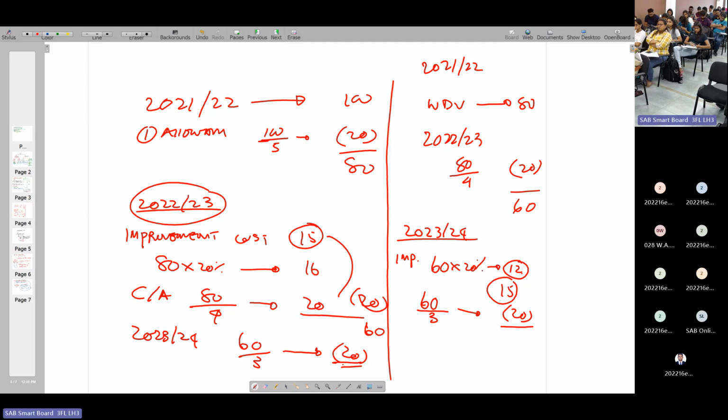And this year also he can claim 20. Why? The balance needs to be added to the written down value only at the end of the year. Right? So next year he can claim capital allowances on that. Right, okay. We'll do another